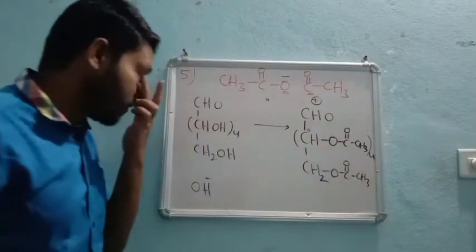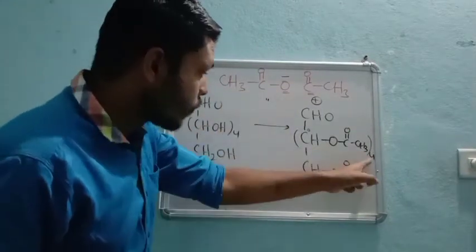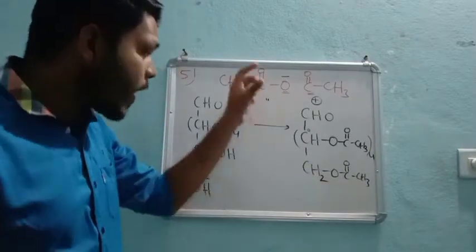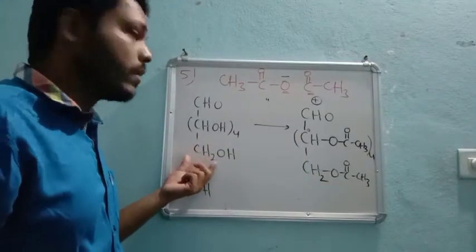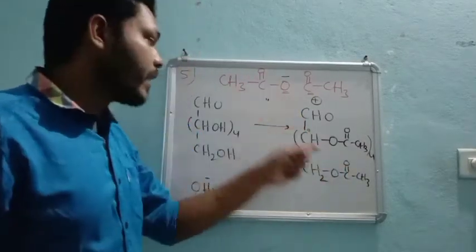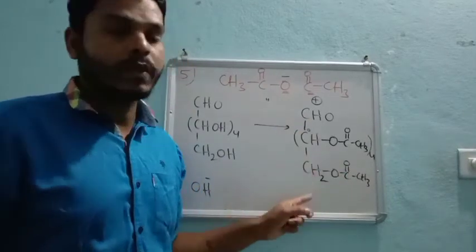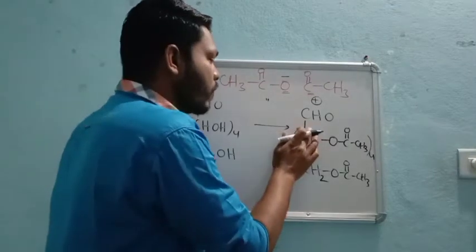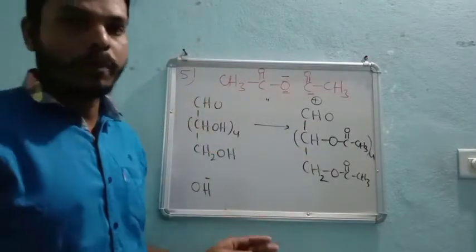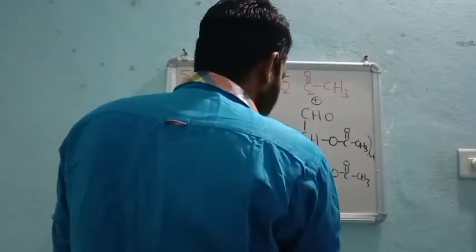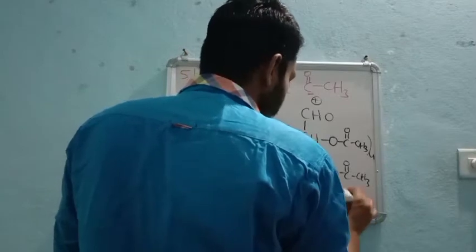If I count the number of acetic anhydride, 4 plus 1, 5, right? Because 5 OH groups are present in our glucose, these 5 acetic anhydride directly go into the reaction with our glucose. So it confirms the presence of 5 OH groups in our glucose molecule. You can call this a pentaacetate, right? Fantastic. Very simple type of reaction.